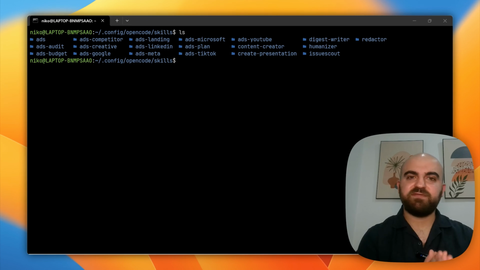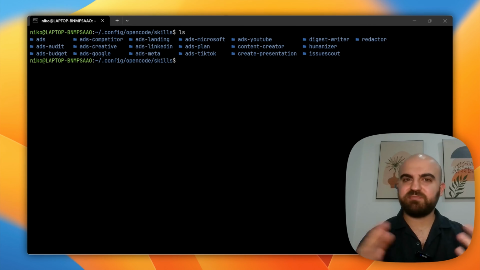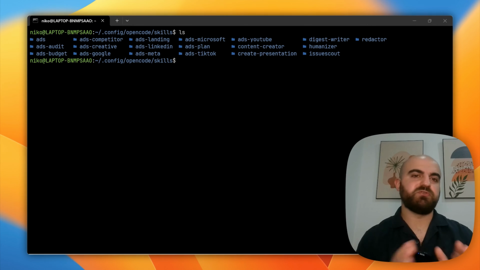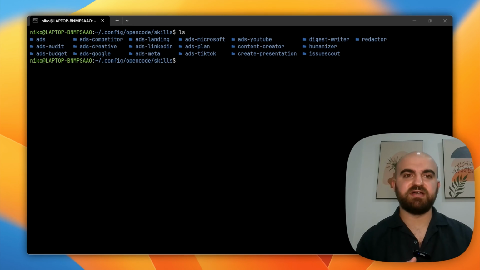So then, if you updated one of the skills inside one of the projects, you have to update this across others, and that's usually manual work. It doesn't apply at all to personal workflows, right? So maybe some of the skills you don't have online, you have some workflows that you want to optimize. So you created a skill, and now you want to have this skill inside a few projects, but maybe not